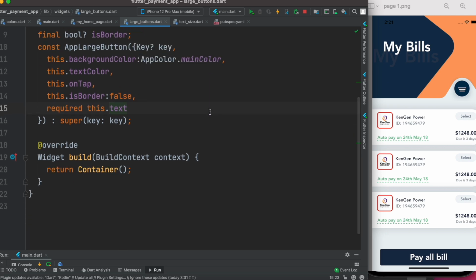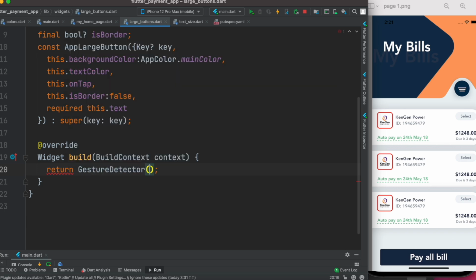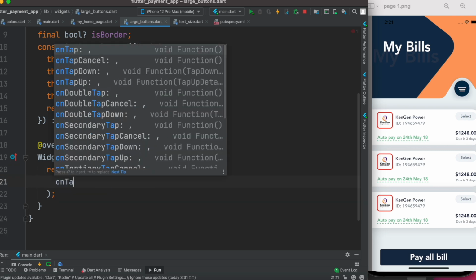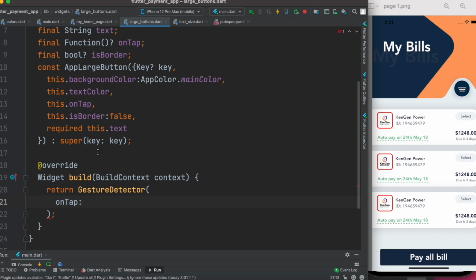So now over here, what is this? So this is going to be a button, right? So button is clickable, so that's why we'll return gesture detector. Gesture detector, of course, takes onTap function. Now onTap function is this one, the one that would be called, and what else? So it has this child. Now for child, once again we'll use container,